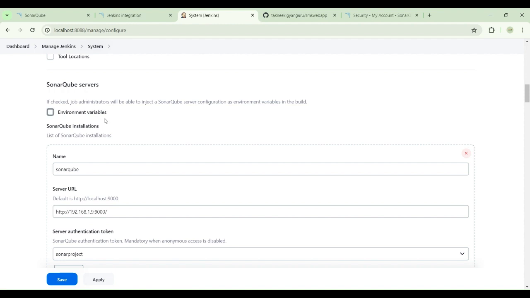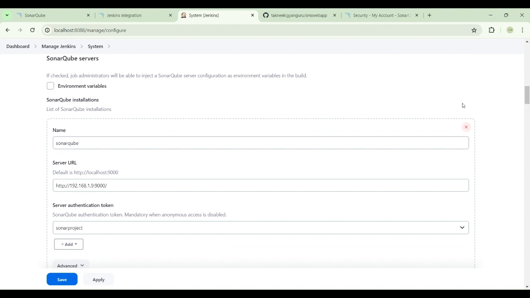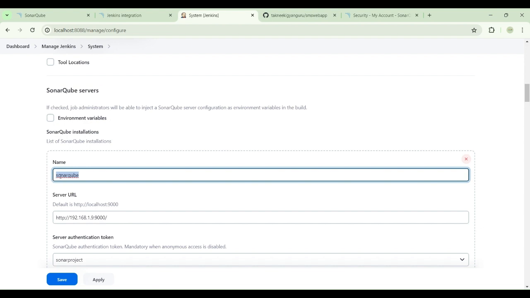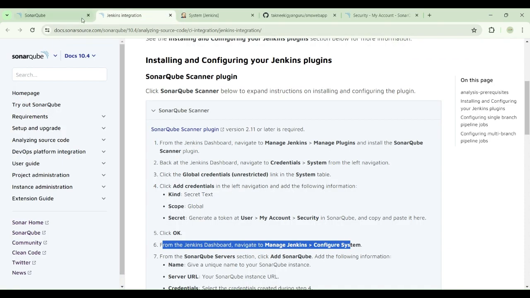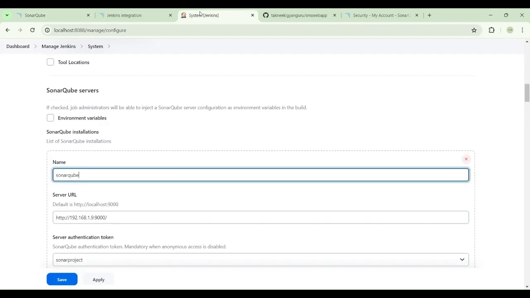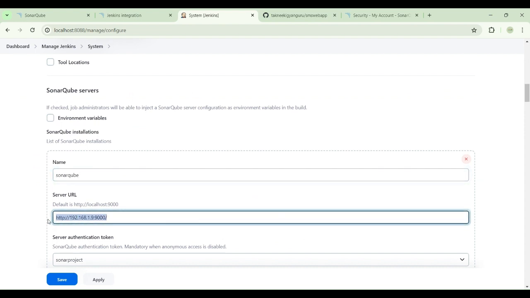So the SonarQube server, it is already there, but maybe I have set up a server here. You will find a SonarQube server where you have to give some name, SonarQube, whatever name you want, give it here, and the server URL. So the server URL is this one, right? This SonarQube 192.168 whatever and 9000 the port. So the same URL you have to give in the server URL section,